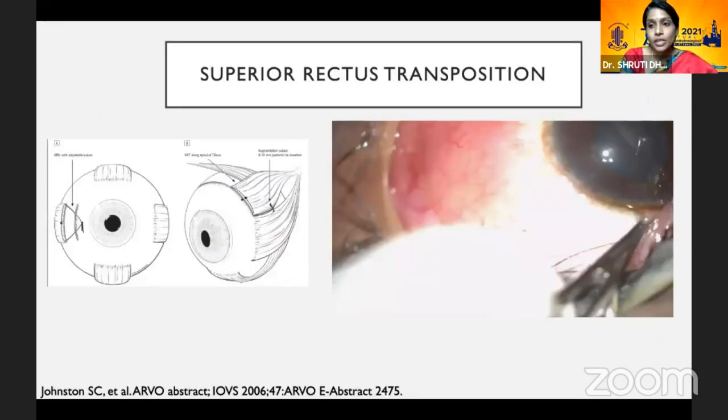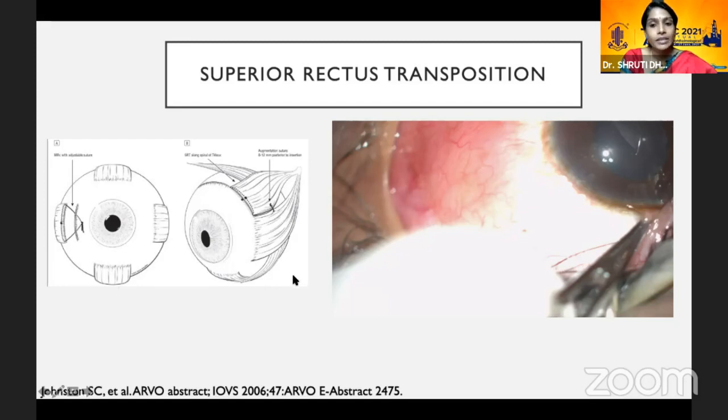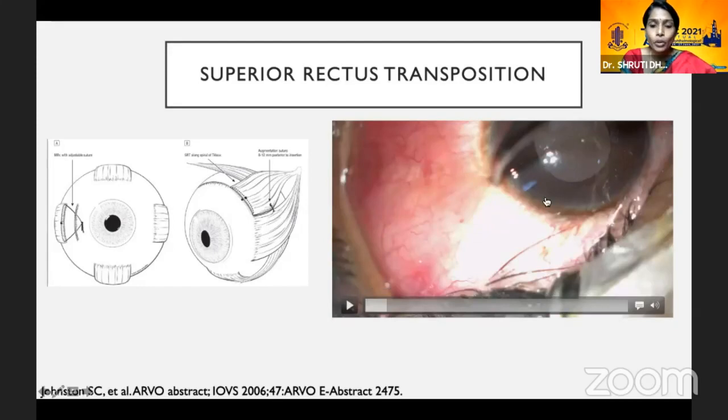Now, this is a patient who is a DRS with an ezotropia. He had a small face turn and a limited abduction, as can be seen. So the choice of procedure, what I prefer, is a superior rectus transposition. Because he had a very small esotropia, I didn't do the medial rectus recession because his FDT was not positive. So how the procedure works is we just take the superior rectus and then we place it along the spiral of Tillaux. So we use a superotemporal fornix incision, as can be seen here.